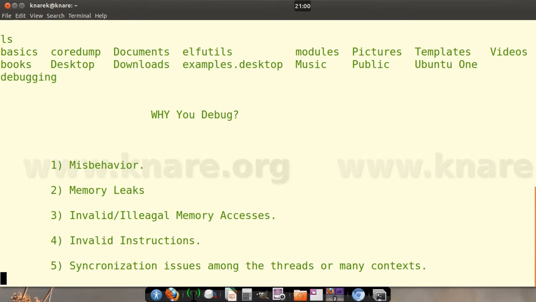So these kind of things lead to the memory leaks. This is the second kind of problem in a program. The other thing is the invalid memory access. This is also widely seen. When you have invalid memory access, most of the times your system will